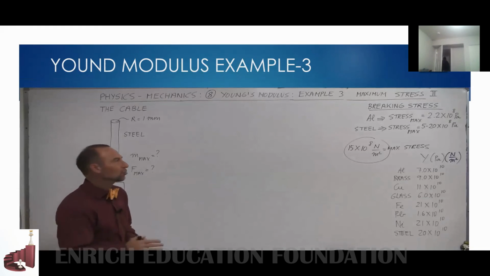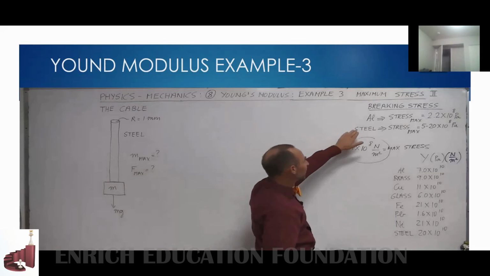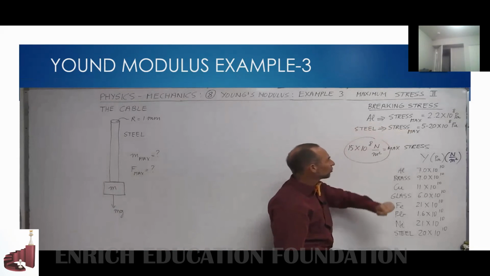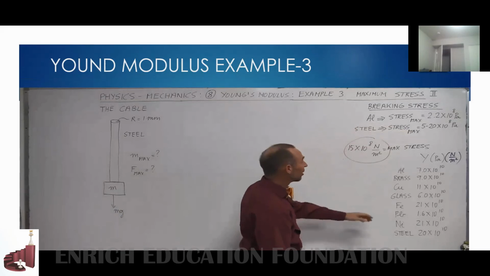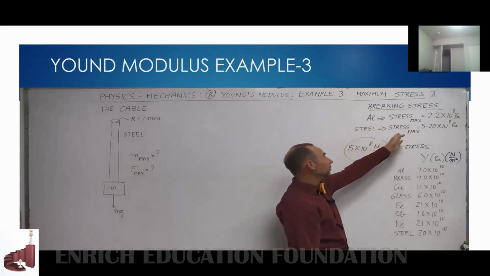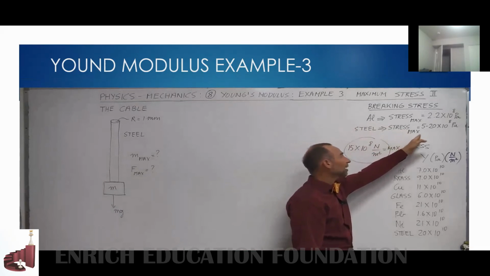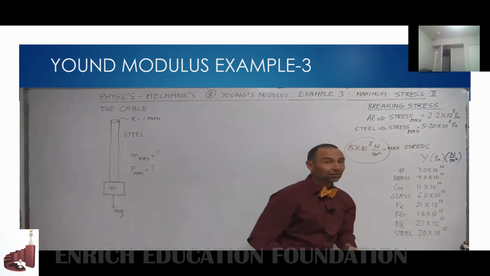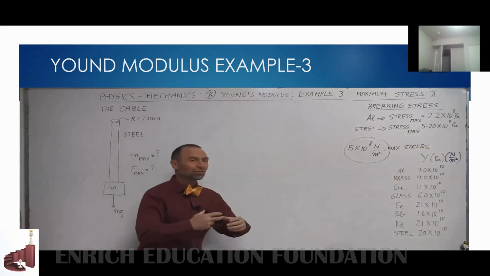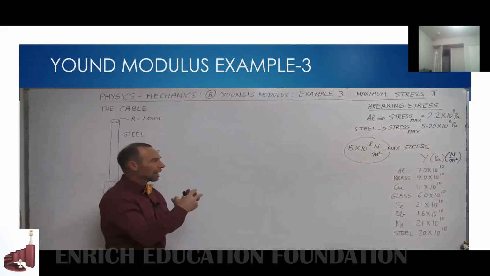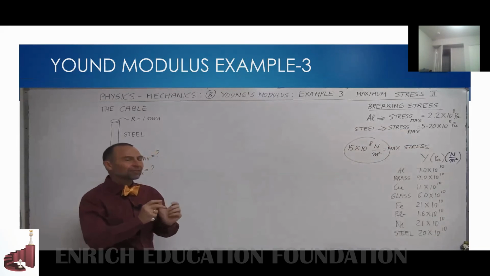Now, what does that mean, breaking stress? Well, here we have a couple of examples. For aluminum, the breaking stress is 2.2 times 10 to the 8 pascals. For steel, the maximum stress or the breaking stress is anywhere from 5 to 20 times 10 to the 8 pascals. And of course, steel is a mixture of metals that we alloy together, and so there'll be different properties